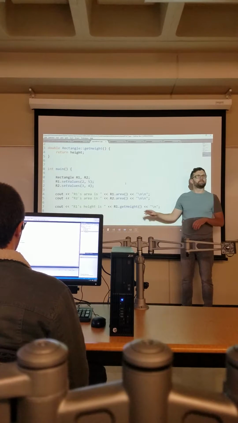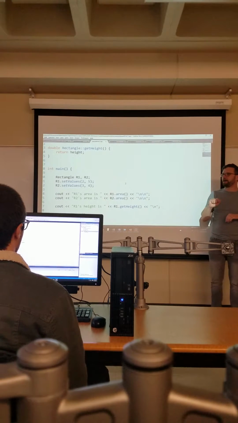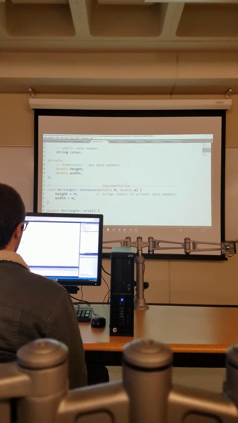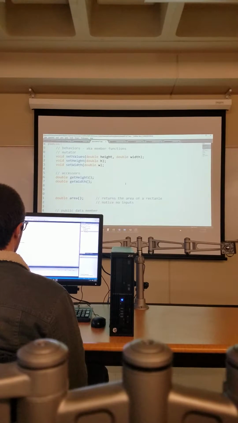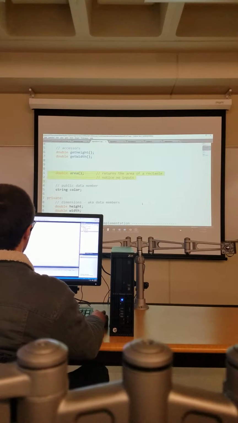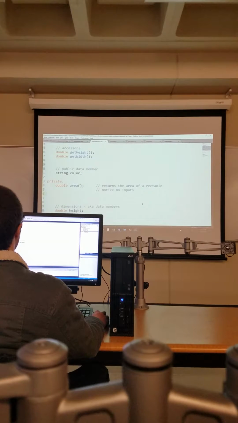Because all of these member functions are placed in the public area. If we had put them in, let's say you instead had taken, just do this right now, take the member function for area, double area, in lines 21 and 22, and move it down to private. If you try to build this code now,